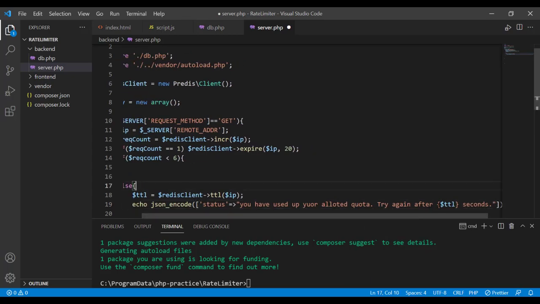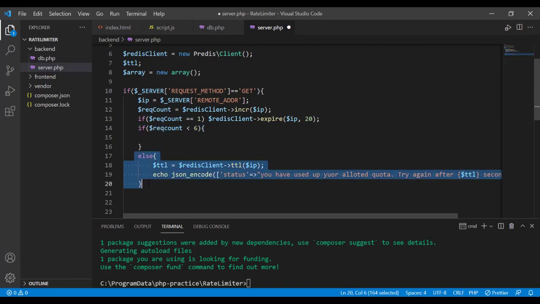So I'm using string interpolation over here, and you can only use string interpolation if the quotations that you have chosen are double quotations. You cannot use string interpolation with single quotations. In this part, we have defined what happens if we have made more than 6 requests within 20 seconds to access the MySQL database.